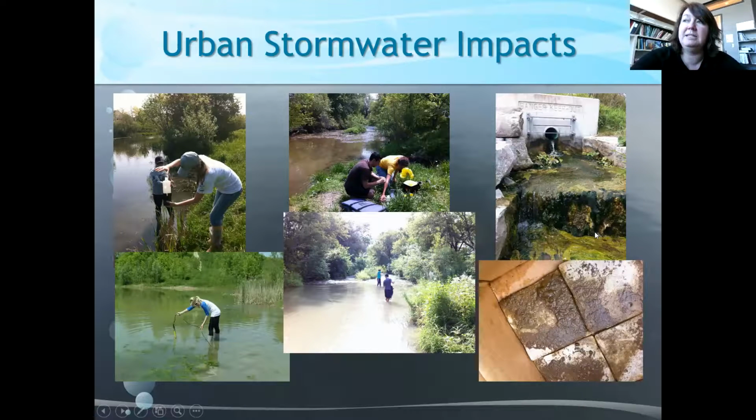So to understand how the algae are living in these systems too, we put clay tiles into the creek water here, and then we pick them up about 3 weeks later and look at all the algae that grows on them. Then we take this back to the lab and we look at the algae to see what kinds of algae are there and how much of it, to give us an indication of, well, what's impacting this ecosystem.